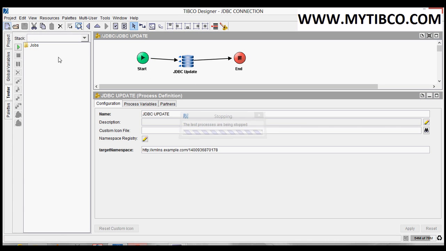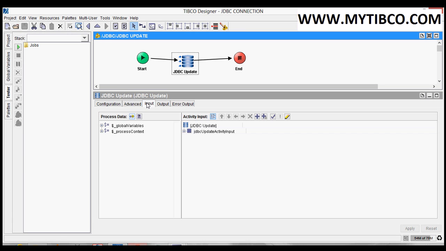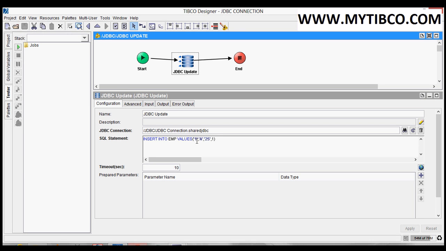Let's insert one more record with prepared parameters. For that I am giving question marks here. For this employee I have given rank 2. Here we can see the warning symbol because we have 3 question marks.